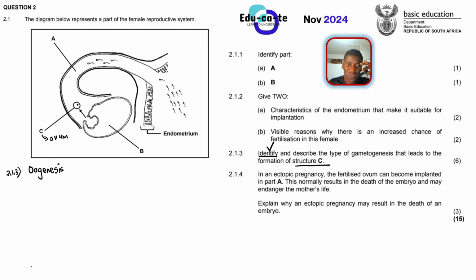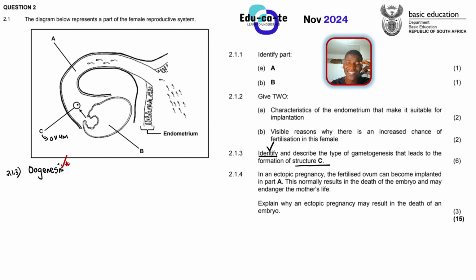This is known as a compulsory mark. They usually put a star on it to say that it is compulsory. If you do not write the word oogenesis, even if you get the entire process correct, you are not going to get the mark, because here this is a hidden process. You are supposed to always mention the process that you are explaining before explaining it. Always tell us, what are you explaining? Don't just go ahead and tell us that we've got diploid cells undergoing mitosis. Where are the diploid cells coming from? What are we even talking about here?